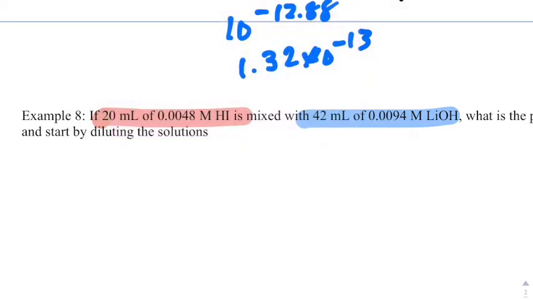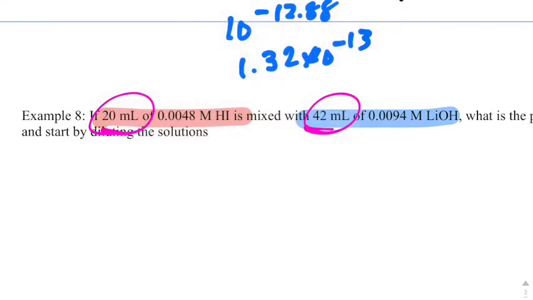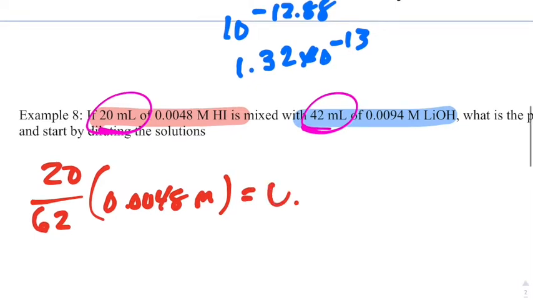Remember, when you react these guys together, you're now going to have 20 and 42, so that's going to be a total of 62 milliliters when they are reacted together. So our first task for our red, at any rate, is to take 20/62 of 0.0048 molarity, and so that's going to get us 0.00155